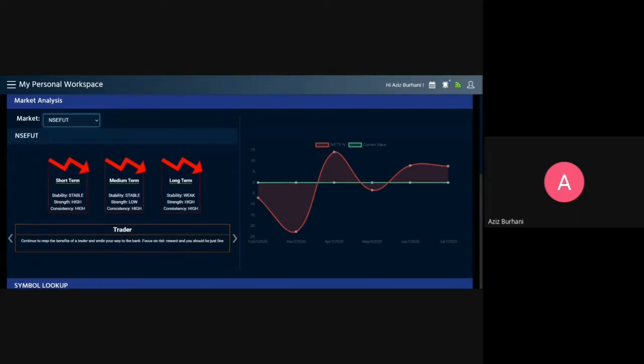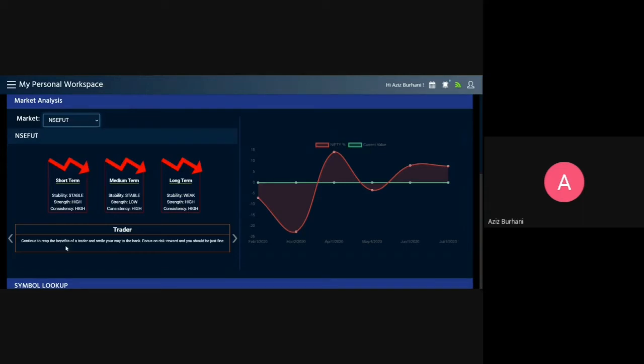This is a more complete, very robust and more reliable market outlook than looking at Nifty and Bank Nifty, because like I've said earlier, Nifty is just 50 stocks, and even out of those 50 stocks, 10 stocks have a weightage of almost 60 to 62%. So you know how easy it is for people to get misguided by Nifty. Nifty is not a perfect benchmark for the entire market. That is why we have different outlooks for NSE futures, NSE, BSE.